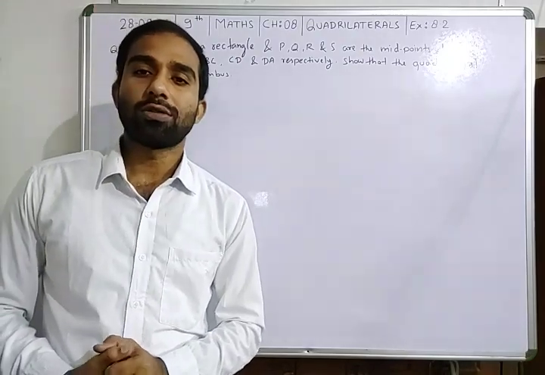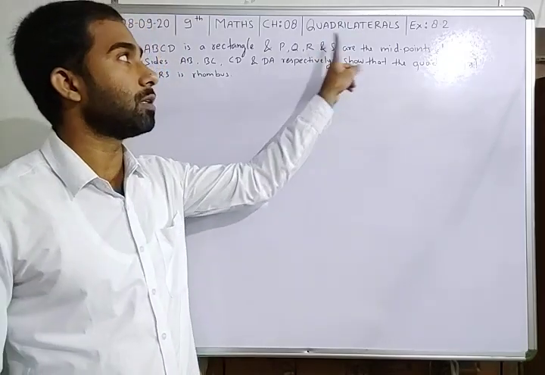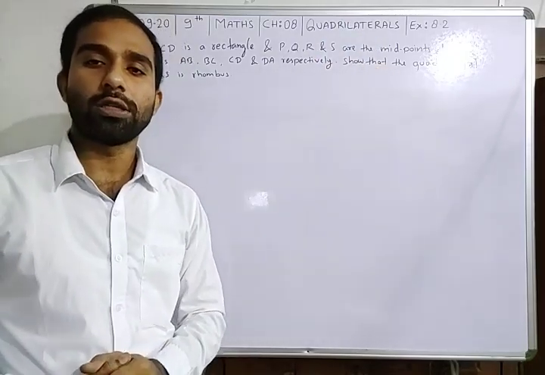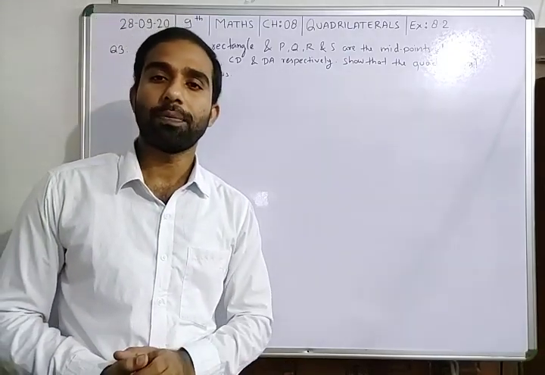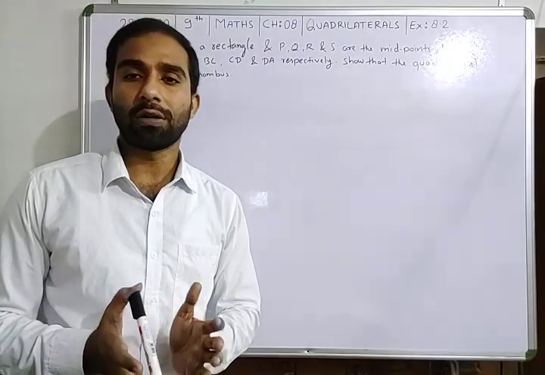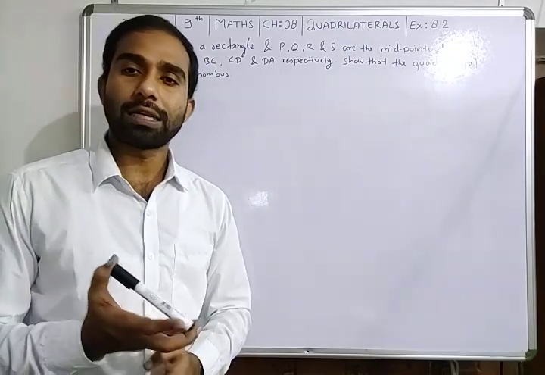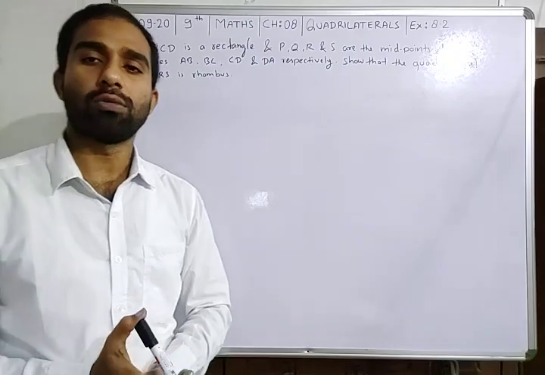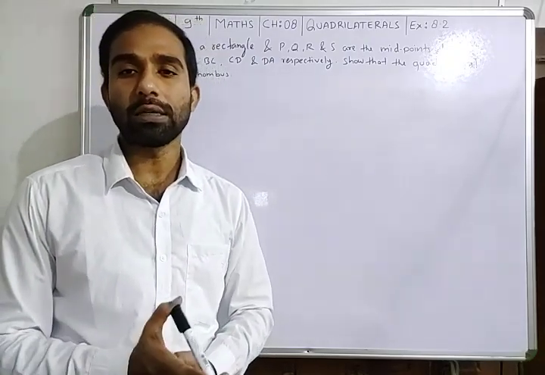From today we are going to start our syllabus. As you can see, the name of this chapter is quadrilateral. In previous lectures, I taught you many things about quadrilaterals. As you know, what is a quadrilateral? Any closed plane figure of 4 line segments is called a quadrilateral. And it can be categorized into different parts like rectangle, square, rhombus, parallelogram, trapezium and kite.